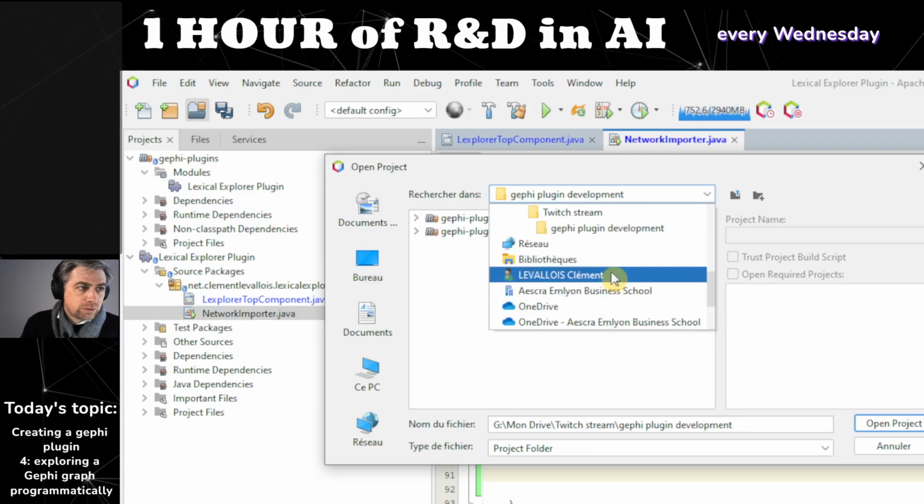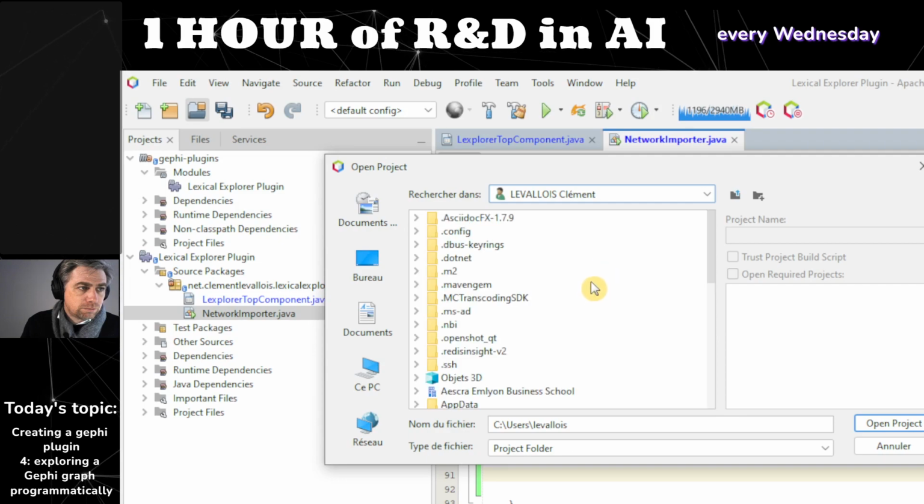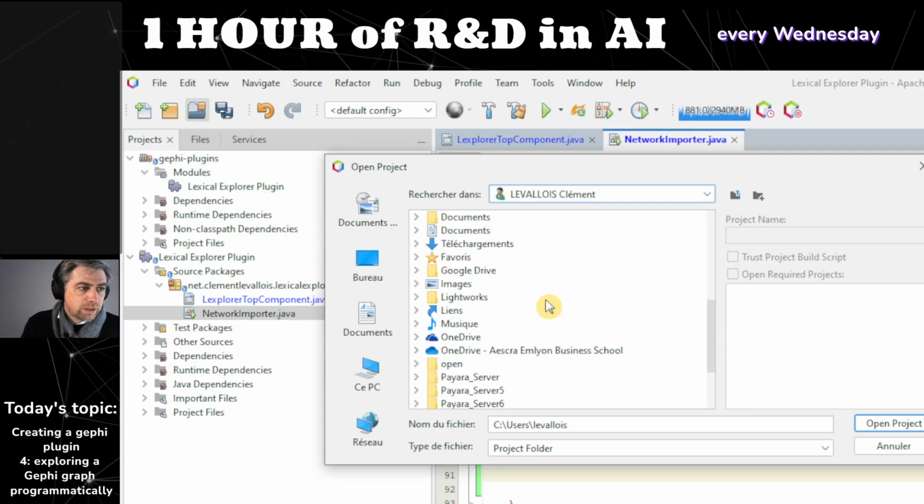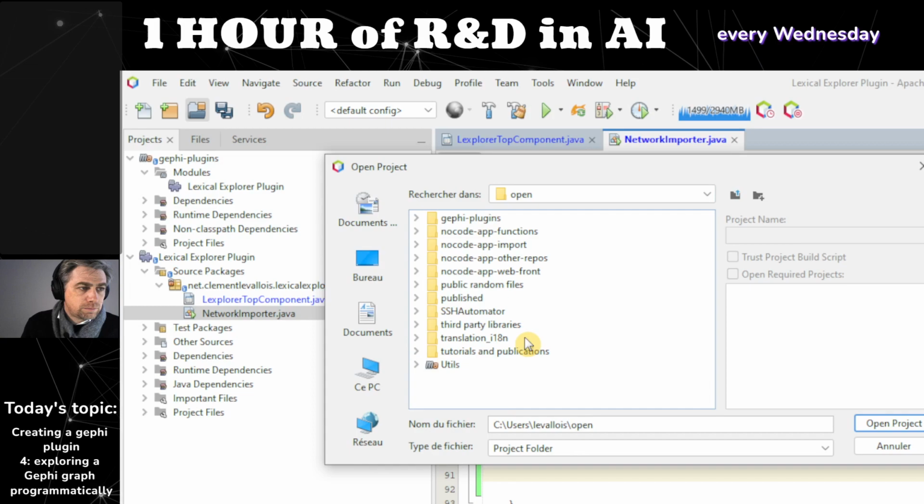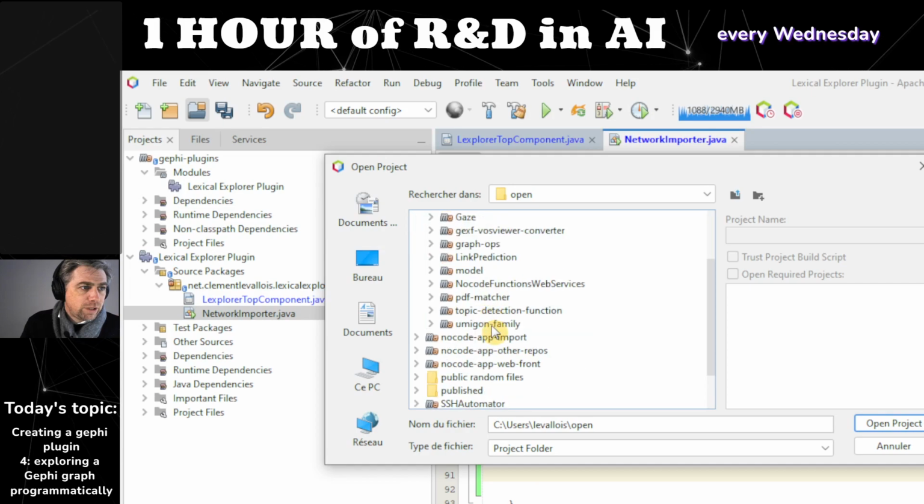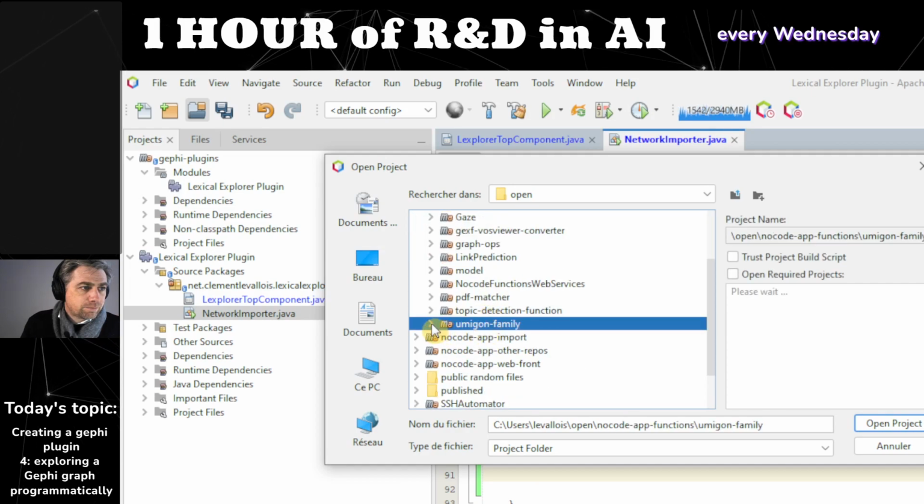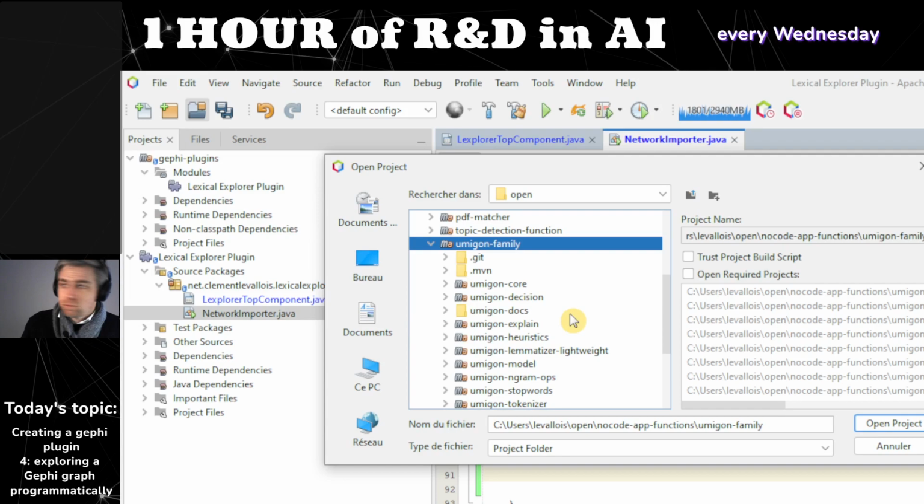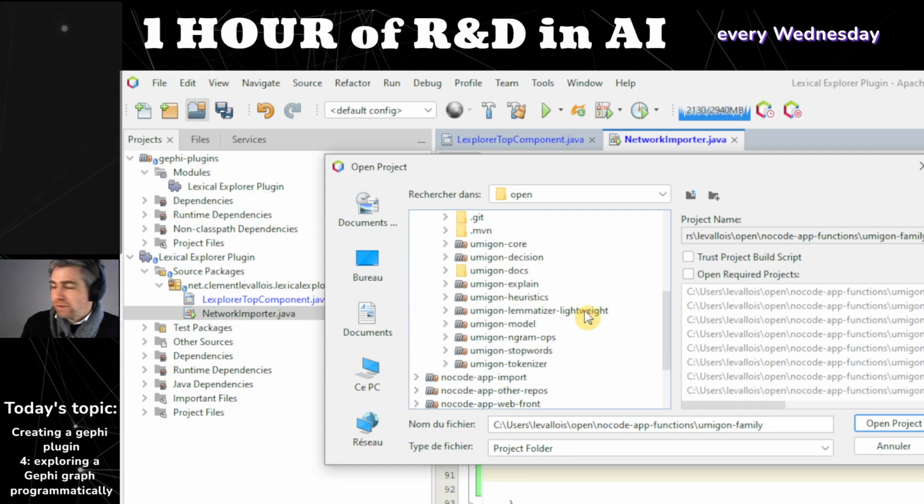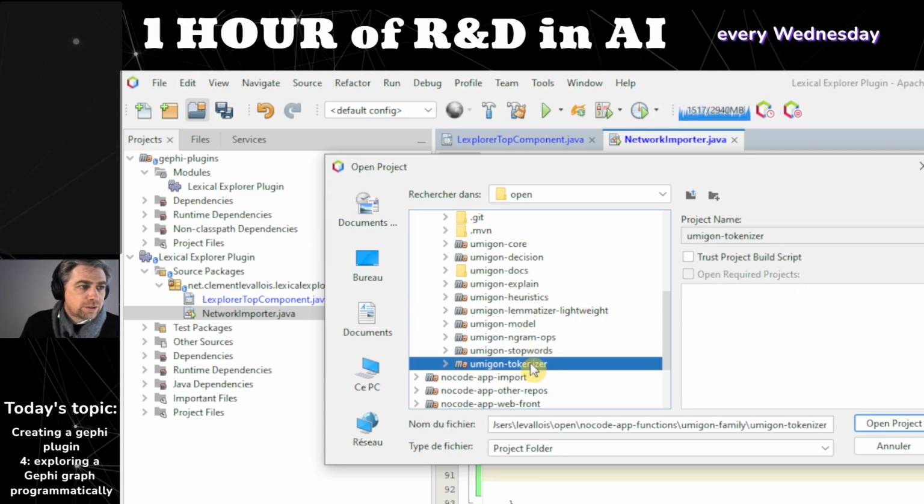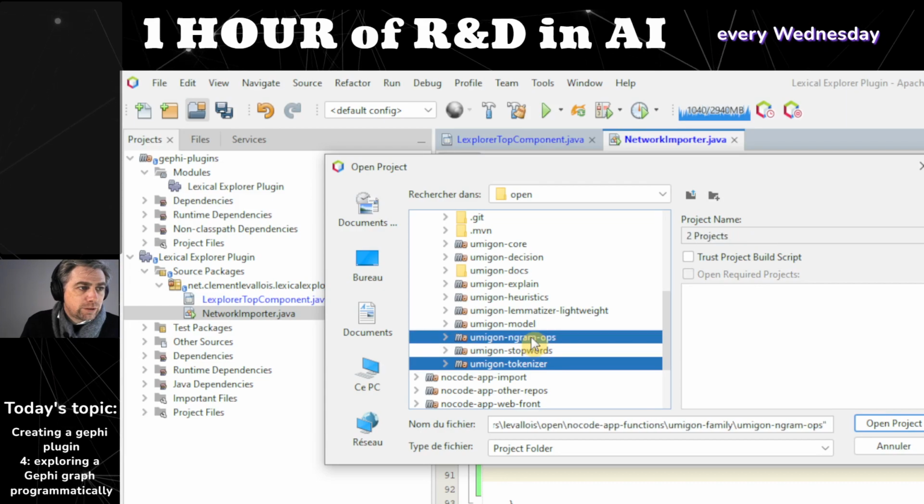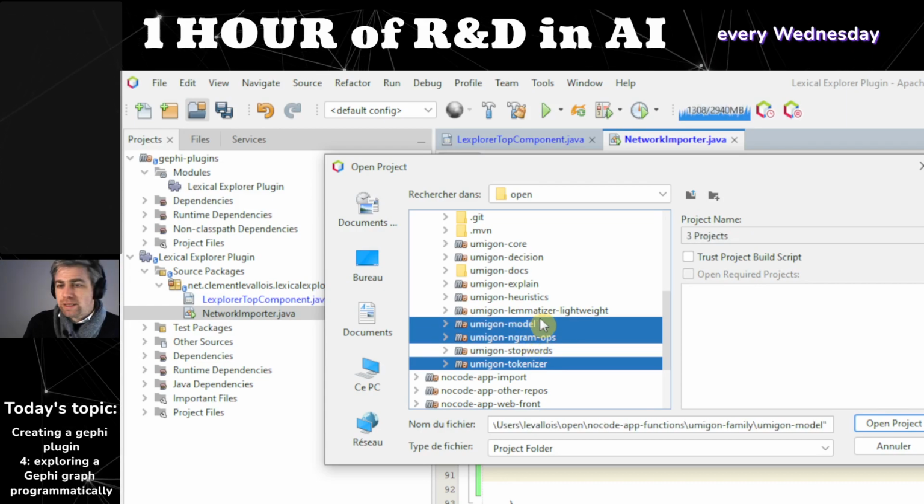Well, I'm going to go through. Yeah, it's there. So it's in functions, Yumigan family. So, well, since we're there, we're going to use two things. The tokenizer, then we're going to detect n-grams, and the model is basically the project where we have the definitions